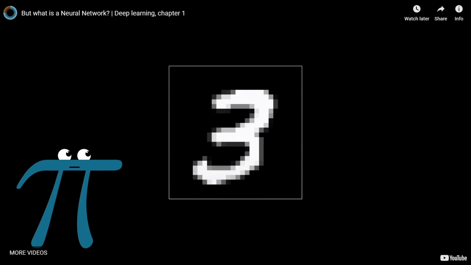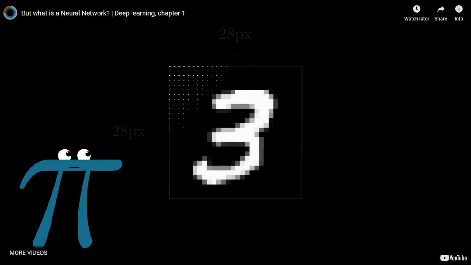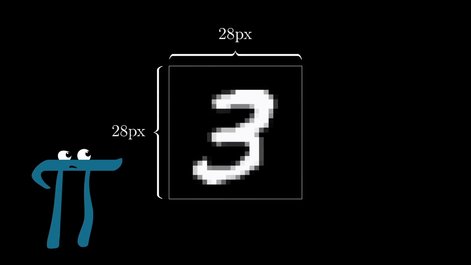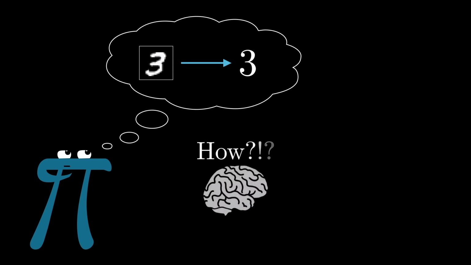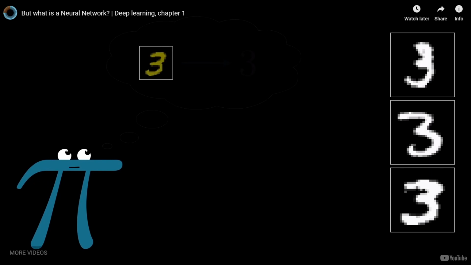Always. I might be the only one who can control it. It's so. sloppily written and Nope, rendered at looks like I Okay. can control it too. Okay, low cool. resolution That's of good. 28 I by trust all of 28 you. Don't. pixels. I think we can all Has no control trouble it. recognizing it That's as fine. a 3. And I want you to take a moment to appreciate how crazy it is that brains can do this so effortlessly. I mean, this, All right, this, so and this are also everyone, recognizable as 3s, even though